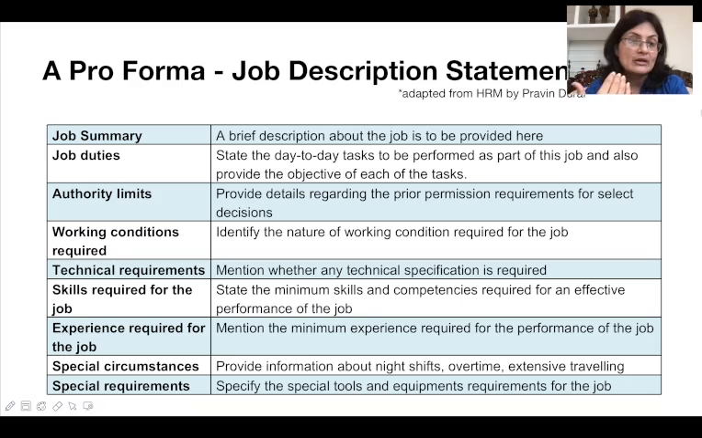Does he have to know any specific technical details? Like he might be computer savvy, he might have to know about, say, PowerPoint, Excel, or whatever it is. So you need to know whether he is good in Java, whether he is good in Tally software, whatever is required. Skills required for the job: state the minimum skills and competencies required for an effective performance of the job. Minimum skills, competencies, and experience required, whether you need a fresher or you need a person who has